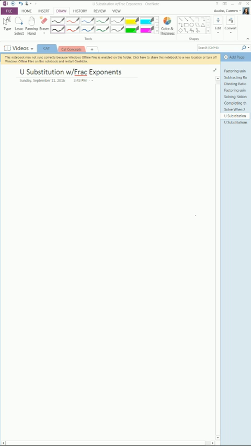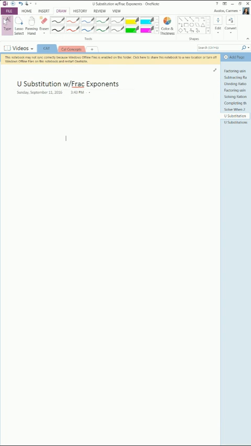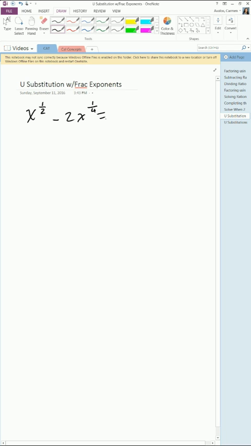Okay, we're going to solve by using u substitution when the powers are fractions. So we're going to take x to the 1/2 minus 2x to the 1/4 equal to 0. What you're going to do here is first recognize that if you're given this problem, another format it could be in is